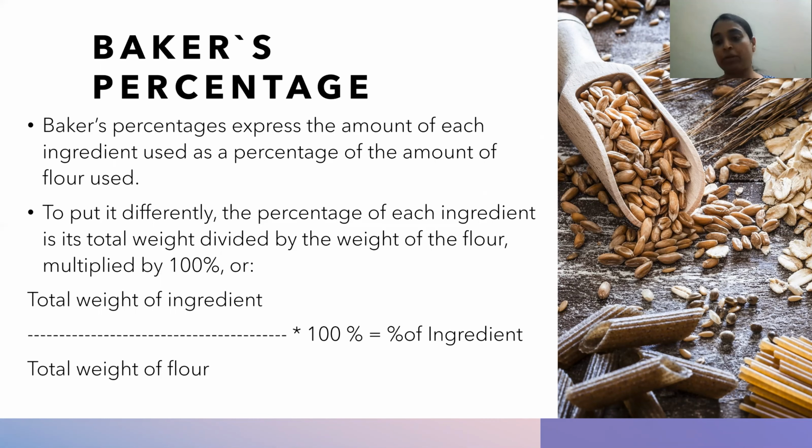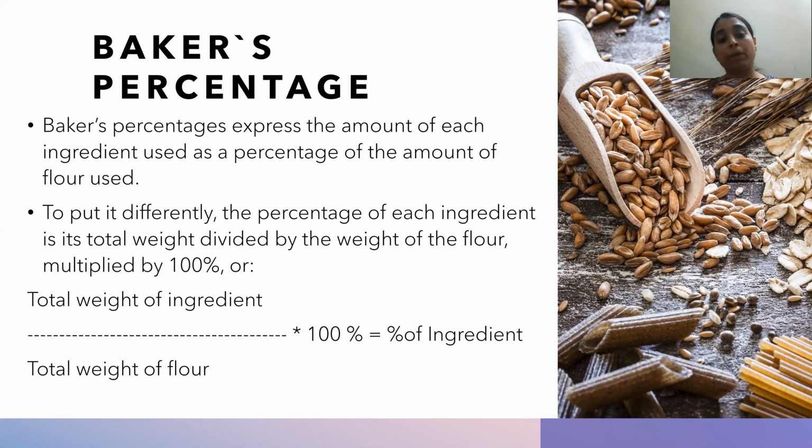With reference to the refined flour, how much quantity is being used in the recipe will be the percentage of that ingredient. Again, what is the purpose of having baker's percentage? It helps the baker to understand the recipes properly. So thereby, if the volume of the ingredient changes, he can very conveniently convert those recipes to whatever volume or quantity is required. So this is one of the basic pieces of knowledge which a baker should have, so that conversions become easy for him as per the requirement.